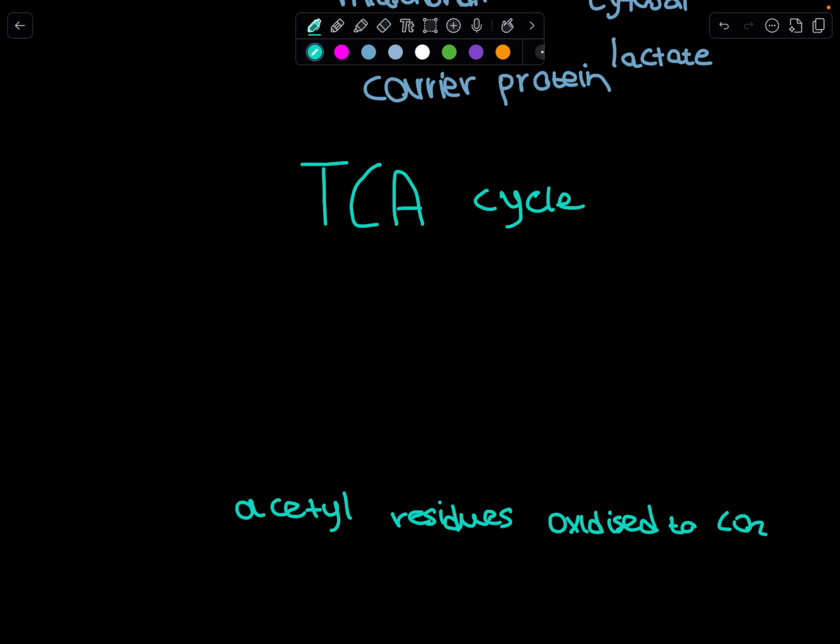Iso reflects the aconitase. 2. Isocitrate to alpha-ketoglutarate. Isocitrate dehydrogenase. Isocitrate loses a carbon as CO2, gets oxidized, and forms alpha-ketoglutarate, producing NADH, named for its ketone group. 3. Alpha-ketoglutarate to succinyl-CoA. Alpha-ketoglutarate dehydrogenase. Another carbon is lost as CO2, with oxidation yielding NADH and attaching coenzyme A to form succinyl-CoA, named for the